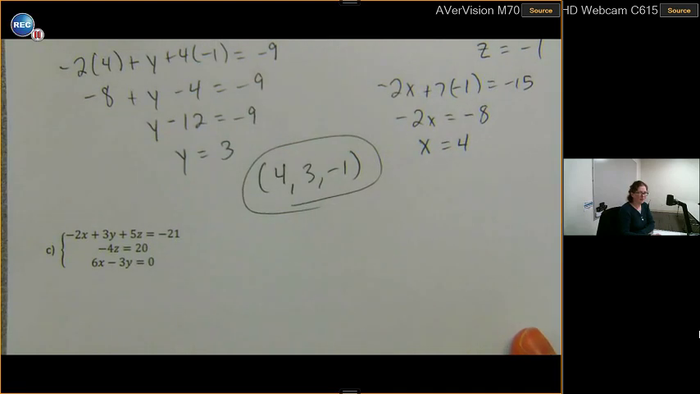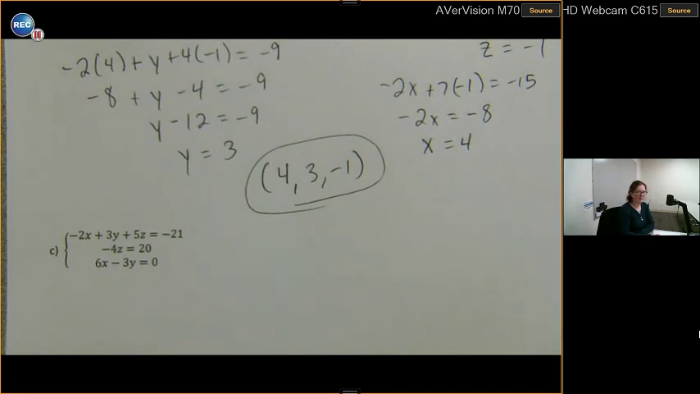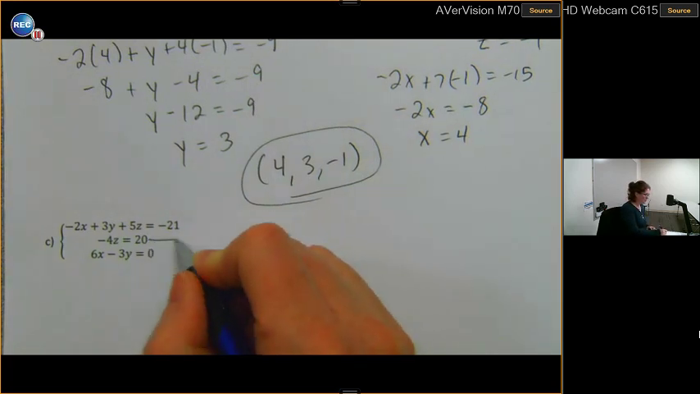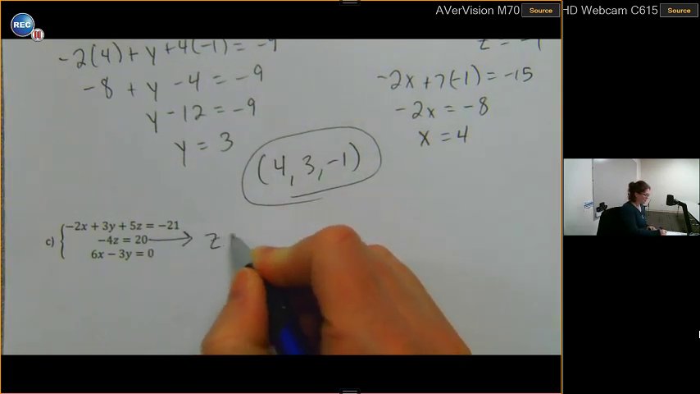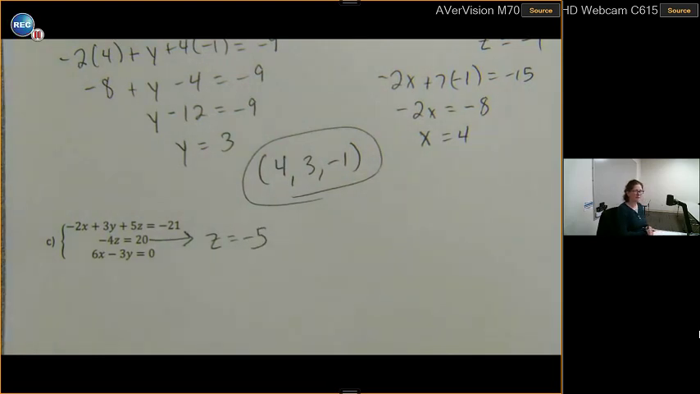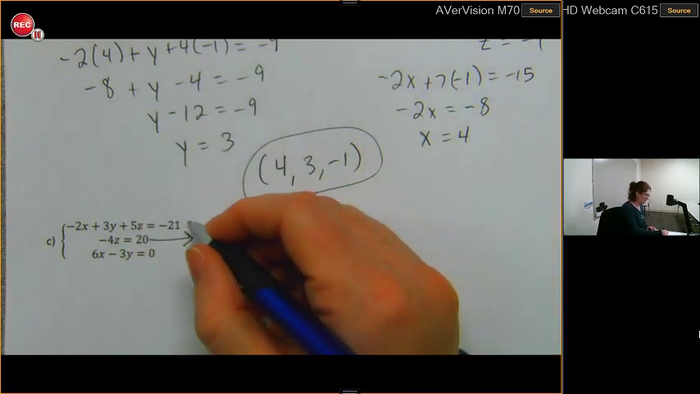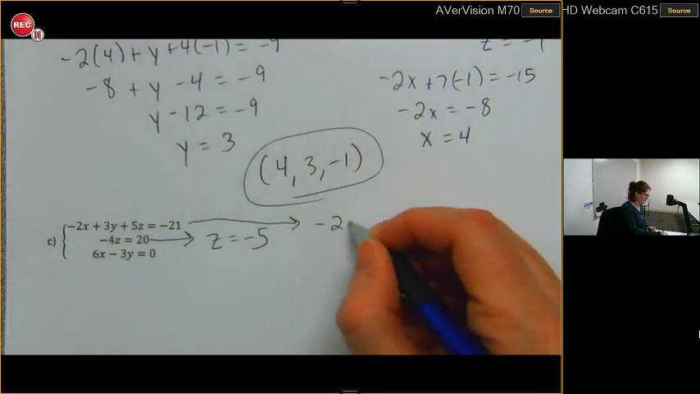On example part C, you'll notice that some of the equations are missing some of the variables. While it starts out looking more confusing, this is actually an easier problem, because I can get what z equals out of this middle equation. I know z equals negative 5. If I know z equals negative 5, I'm going to go ahead and put that up here in place of the z. So that top equation is going to become